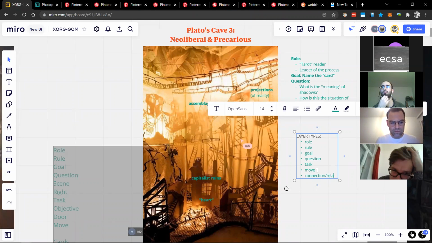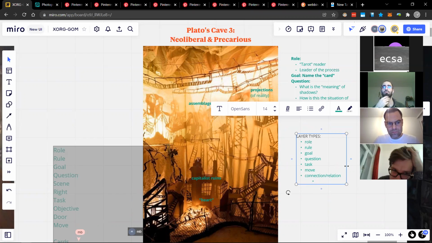I put them on the same line because they are essentially the same thing. Like this relates to here, and how. Yeah, I think that is a nice one also.